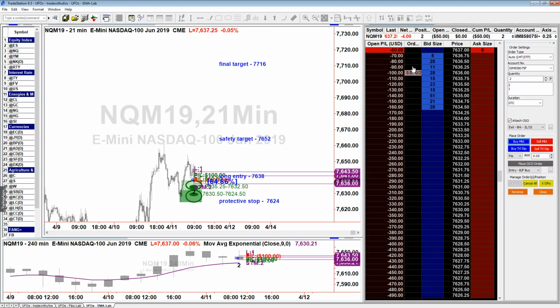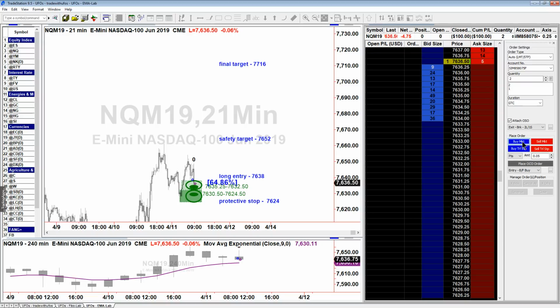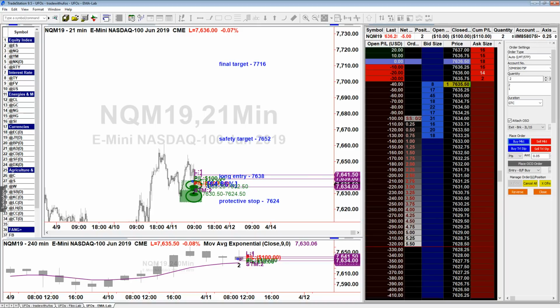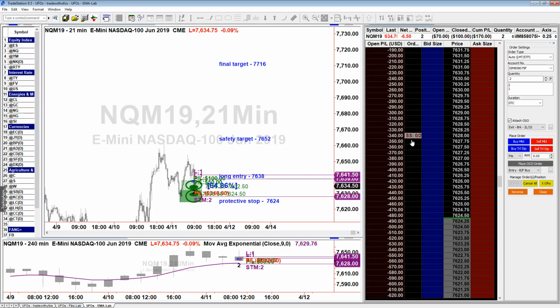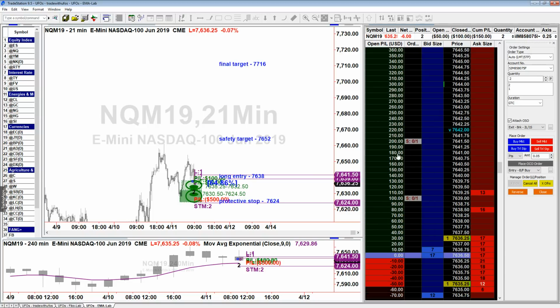Here is my stop, moving my stop. Okay, so this is what happens when you make a little mistake here. So just moving my stop to 24. The little challenge I'm having here is that I am using a little bit of a higher time frame, even though it's intraday trading. I'm using 21. And what happens with this type of time frame,